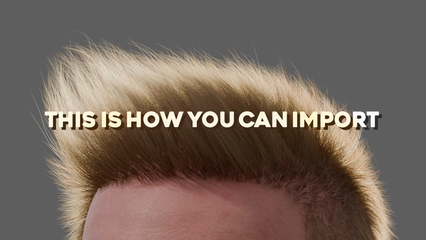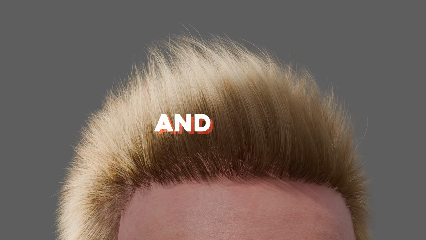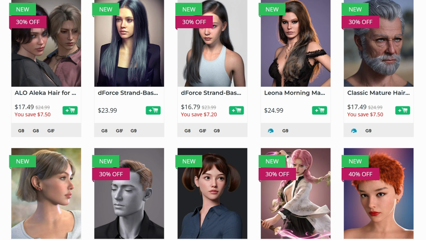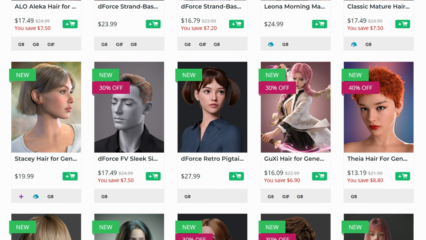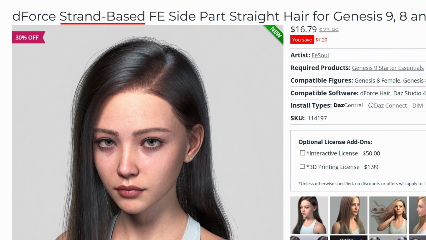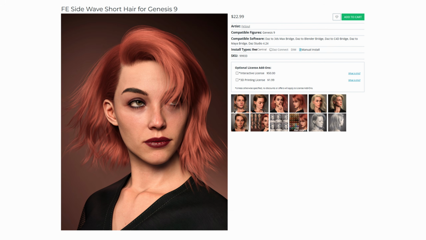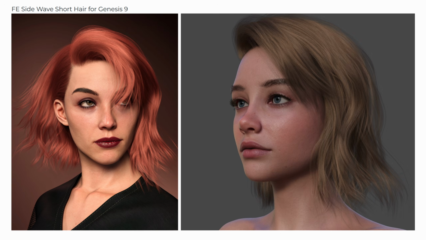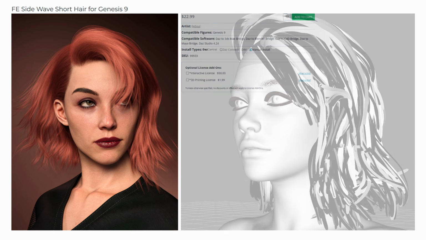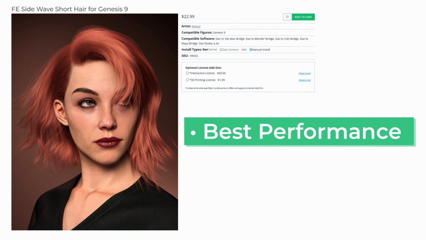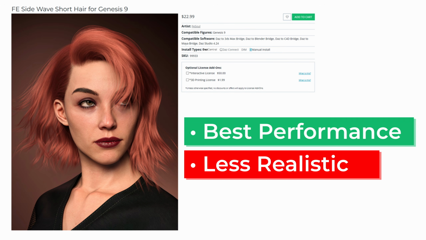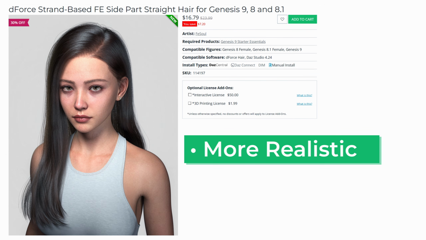This is how you can import strand-based hair into Blender and make it look good. Firstly, hair products which make use of curves are often marked with the subtitle strand-based or D-force. Hair cards, on the other hand, make use of mesh planes with an alpha texture material. In simple terms, hair cards offer better performance at the expense of realism, while curves offer realism at the expense